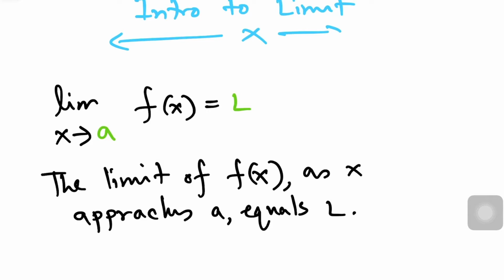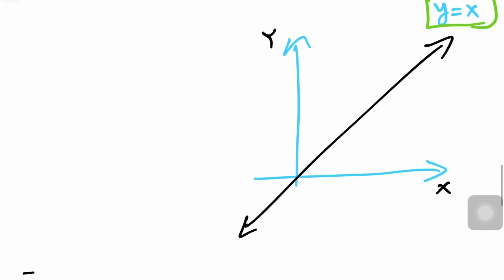So today we are going to talk about limit. Okay. So the limit definition says the limit of f of x as x approaches a equals some value, we're going to call it L. Okay. So the question is, what does it mean? Let's take a look at